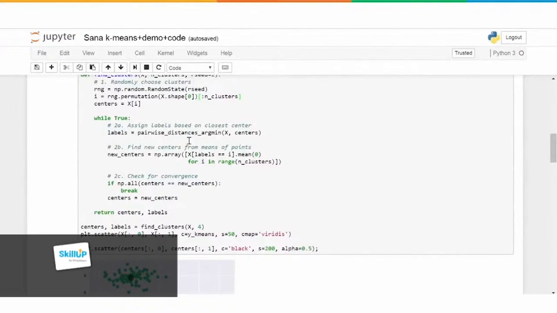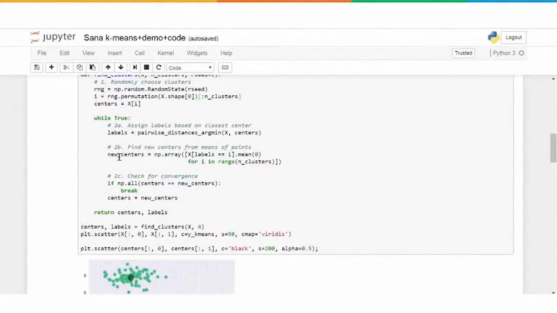And once that is done for all the data points, we calculate the new centroid by finding the mean position of the points in each cluster, right? So we calculate the new centroid, and then we check if the new centroid's position is the same as the previous centroid. We compare the positions, and if they are the same, that means the process has converged. So remember, we do this process till the centroid doesn't move anymore, right? The centroid gets